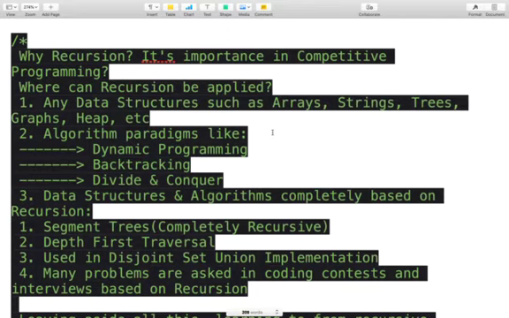So backtracking is actually tracing a path, and whenever we find that this input is no longer valid or necessary for us, we return to the point from where it has been called and continue the next path. So backtracking is completely based on recursion. The third one is divide and conquer. It is also a very important concept in competitive programming, where we divide a larger problem into sub problems of a smaller size, solve the smaller problems and then combine the results to form the final result. That is also based on recursion.